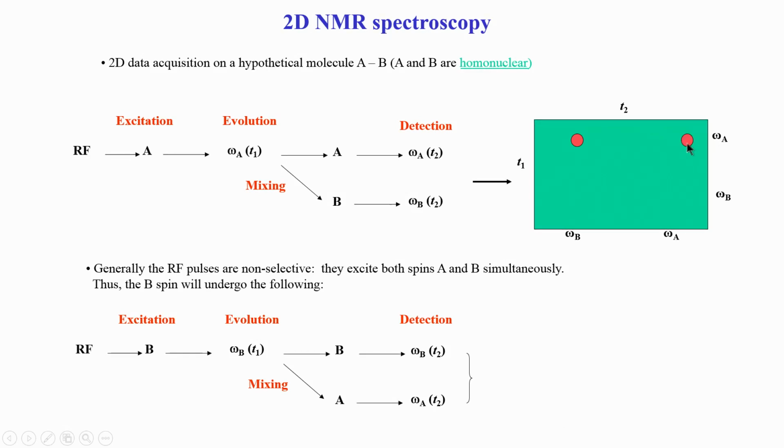Here it has omega A during the T1 in the vertical axis, and it is also having omega A during T2, which is the horizontal axis. So, therefore, that is a peak which has no particular information, it just has a correlation of A with itself. So, we do not have any useful information in this peak, but the other combination where you go from